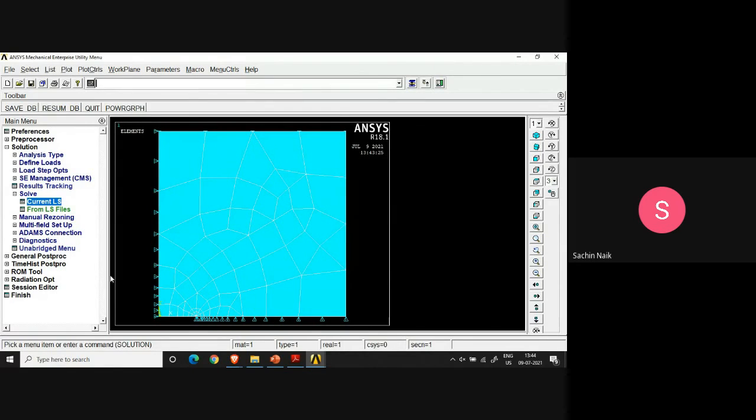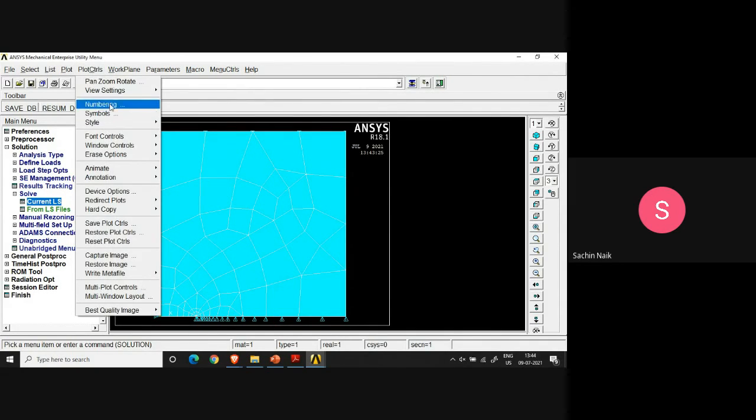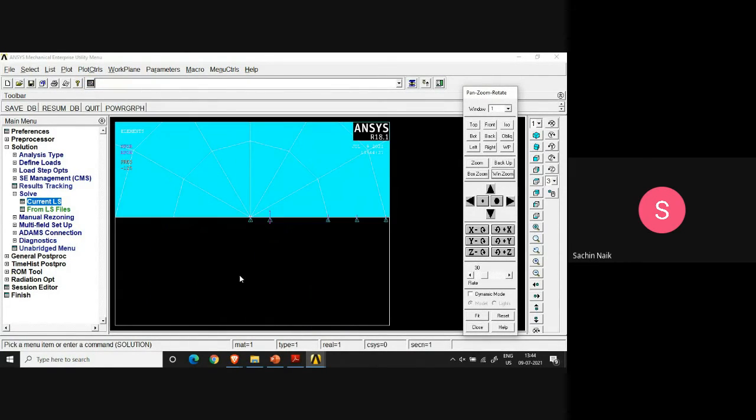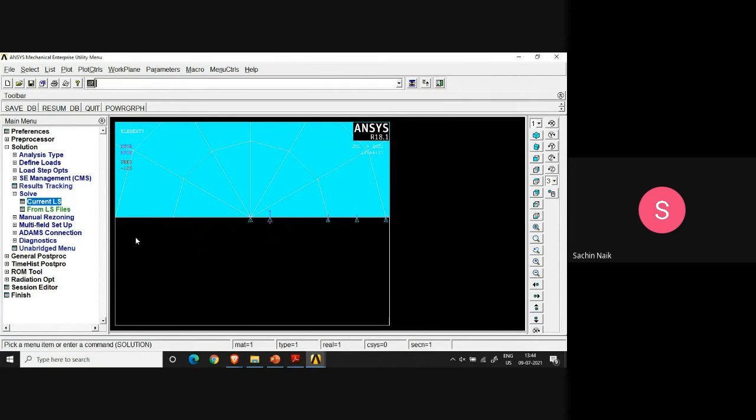Okay, we are now beginning the post processing. So I'll just call the zoom tool. Okay, so plot control, and then I'll go to pan, zoom, rotate. There I'll pick up a window, and yes, we are there. Yeah, sorry about taking a little longer. Close this window. Yeah, this is over. After that, I can actually show you now that numbering can be seen.